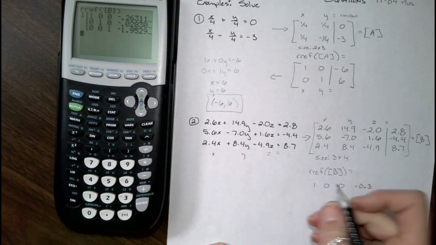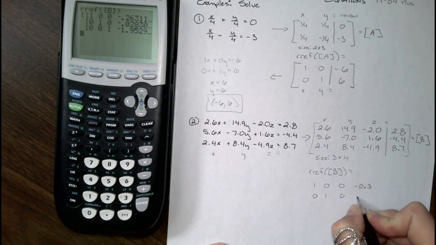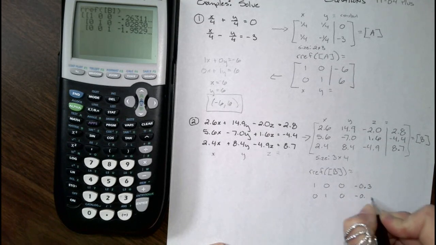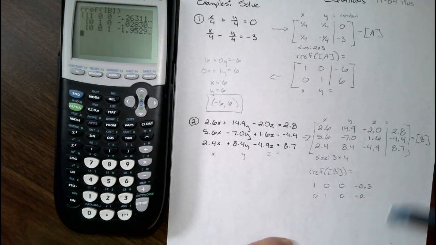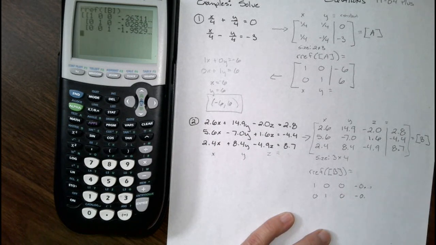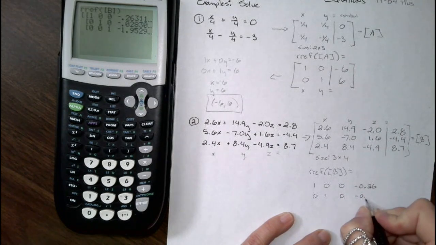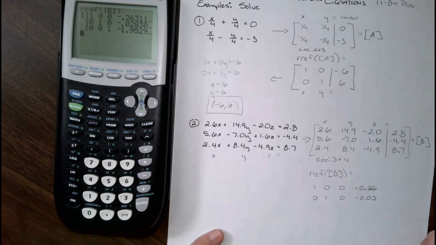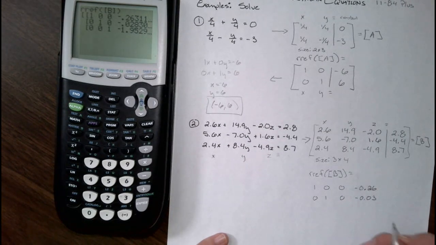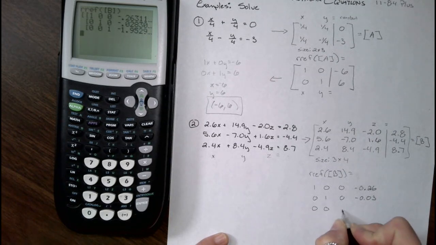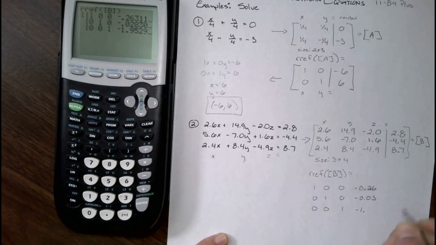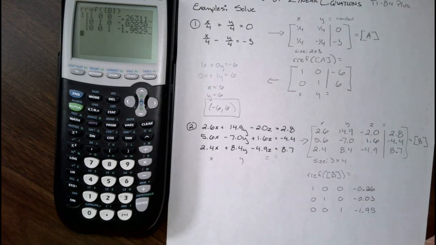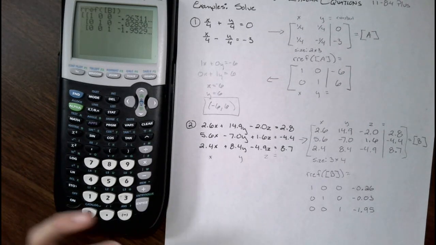All right, the next row is 0, 1, 0, negative 0. Oh, maybe we should go one past that. How about 0.26, 0.03? Because it wouldn't make sense for that to be 0, although I suppose it could. And we have 0, 0, 1, negative 1.95. Again, just follow the rounding rules, but also follow the instructions if it tells you